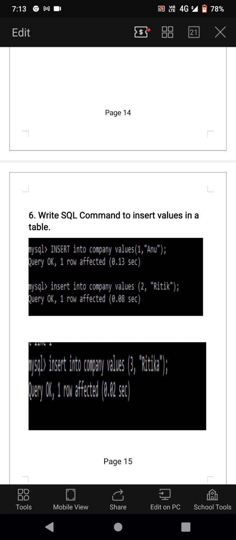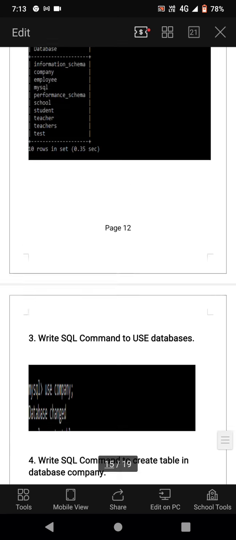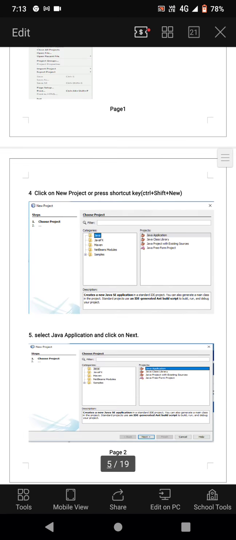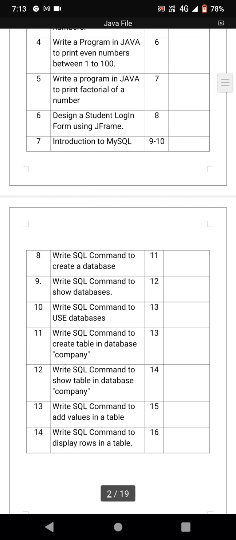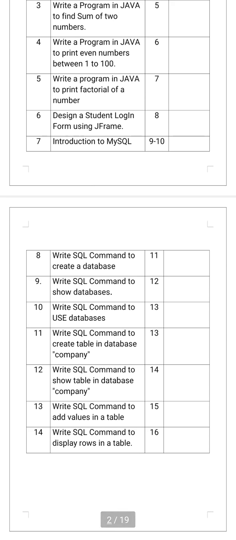And again, the practical files which you will be making depend on your teacher, that is, what you have done in your computer lab, and how your teacher has given the practicals or the programs which you have to cover. So this was all that I have made my students do. You have to make the practical file like this, or you can also make a handwritten file. It totally depends upon the teacher who is teaching you the subject.